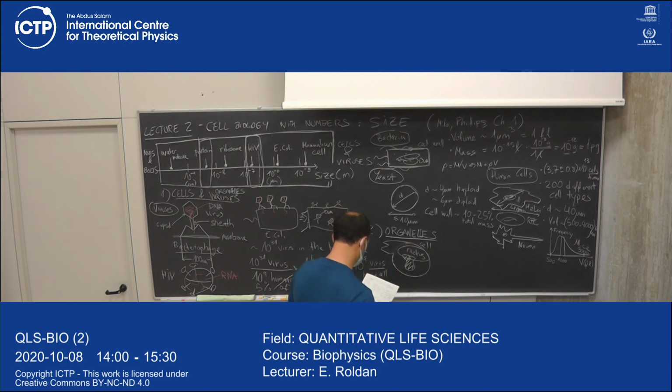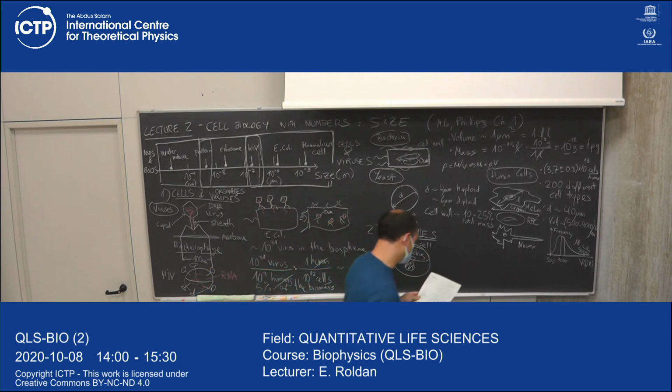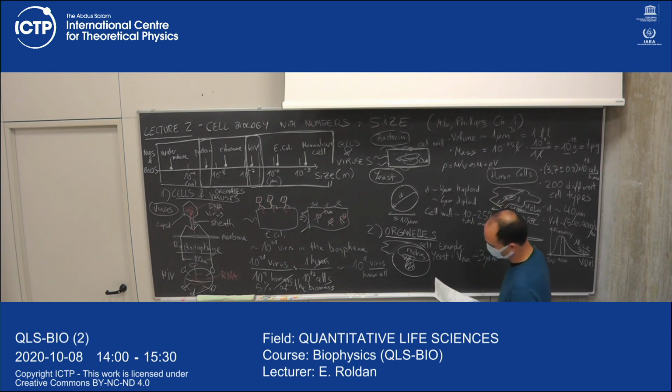The nucleus. So the nucleus, for example in yeast, well, this one in yeast is one example. In yeast, the volume of the nucleus is of the order of 3 microns cubed. So it's a big piece of the cell, and it has